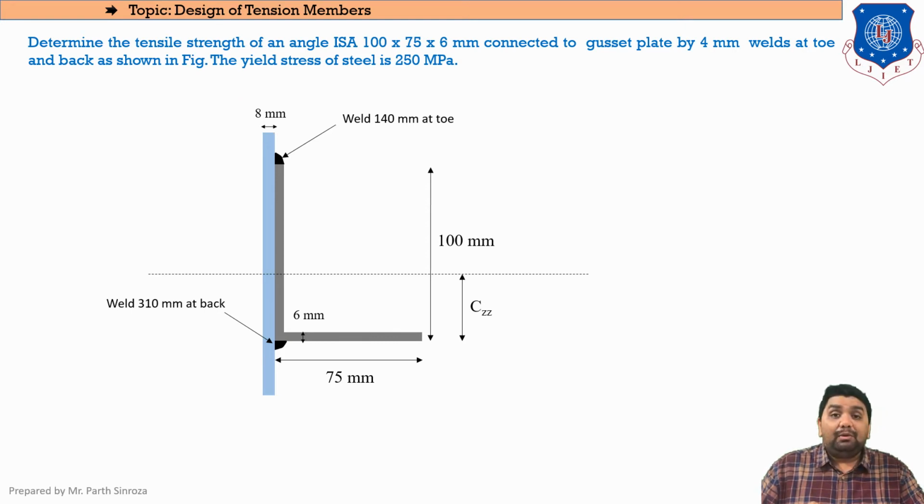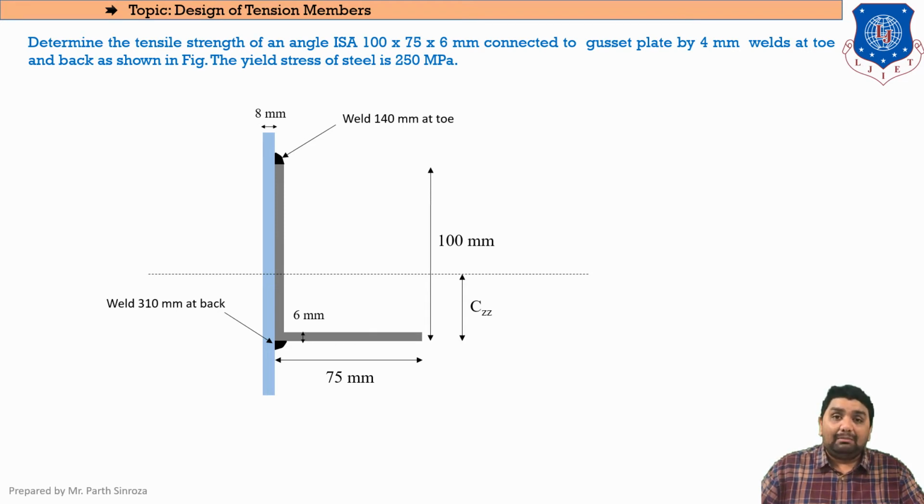So moving further, we will be finding total 3 things. The first thing will be to find TDG, that is gross strength. Second, we'll be finding TDN, that is strength due to rupture. And third, we'll be finding our block shear strength. And final answer, that is TD, will be the smaller of these 3 cases, just as we did in bolted connections. But this is a welded connection, so the values will be something different. The steps will be the same, the equations will be the same, just the values will be somewhat different.